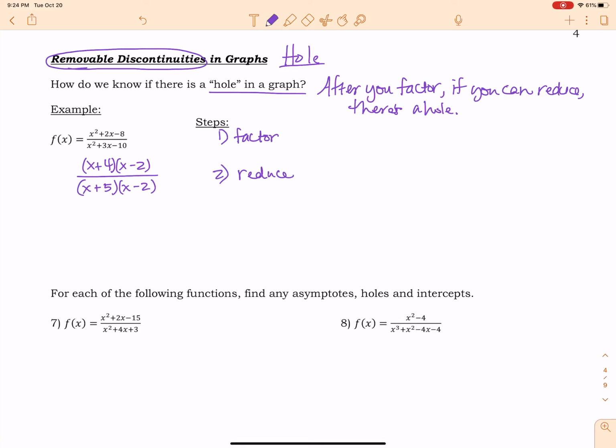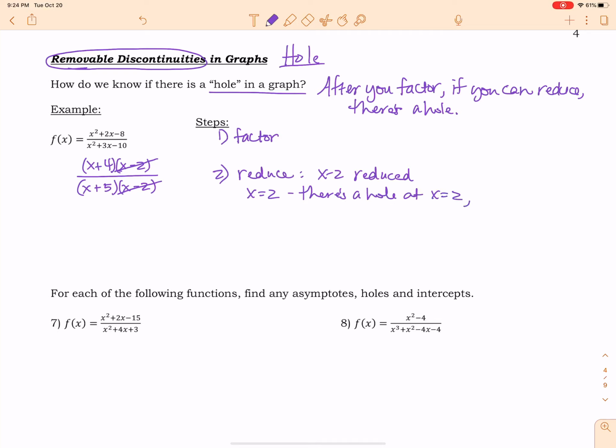And I want you to notice what we're reducing. The x minus 2's are going to cross out. They are going to reduce. So pay attention to what you reduced. X minus 2 is what reduced. So that's going to tell you where there's a hole. So essentially what you do is solve for this. So x equals 2. That means there's a hole